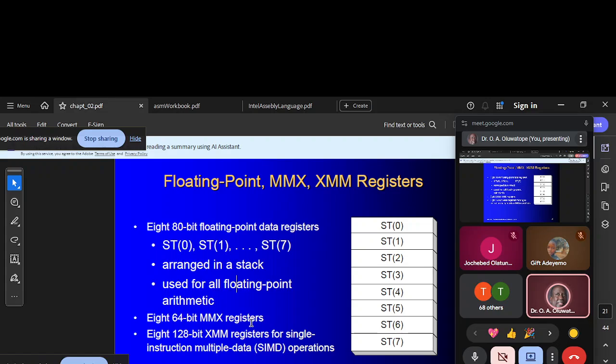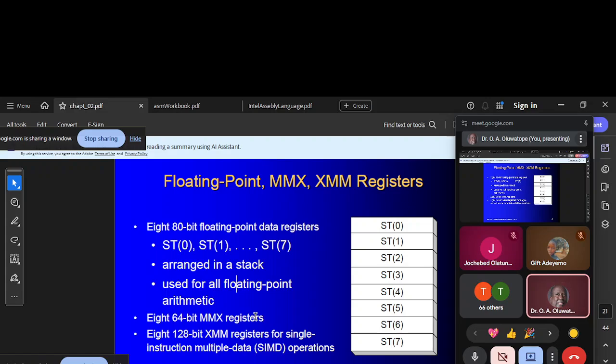What are multimedia extension registers? Registers that are designed to handle audio, video data. These registers are designed such that multimedia operations can be performed seamlessly. For example, as I'm presenting this lecture, the audio signal is being transmitted and the visual signal is being transmitted. That's multimedia. There are specified registers, data that ensure that this operation is seamless, and each register is 64 bits